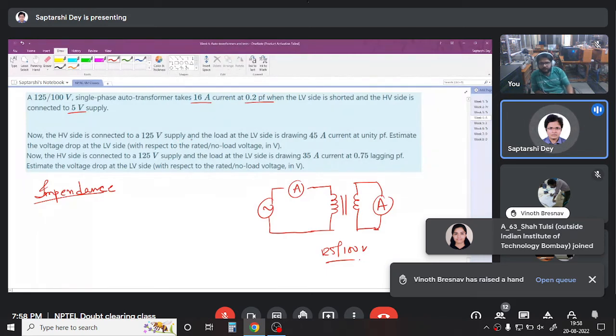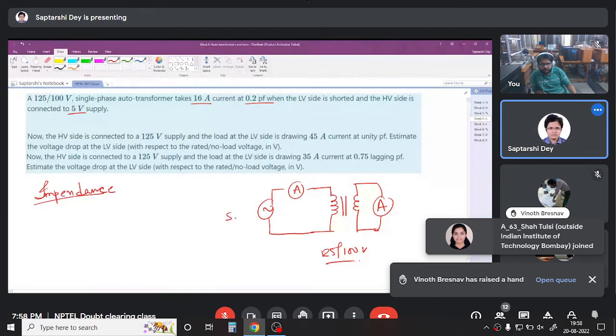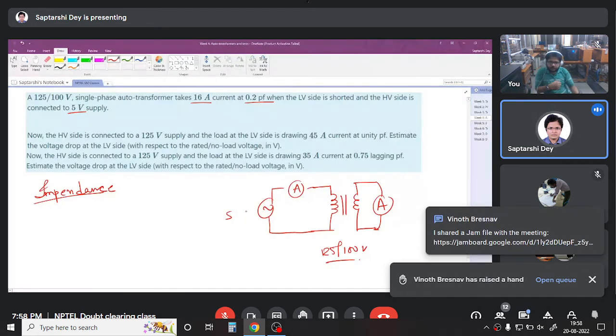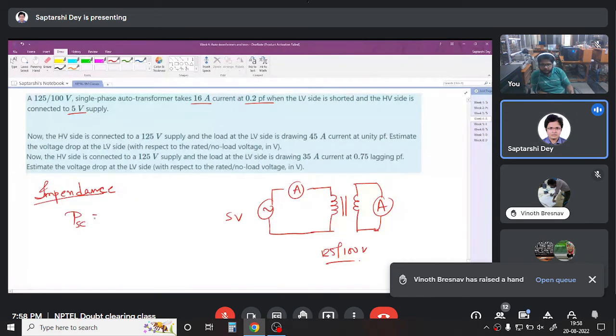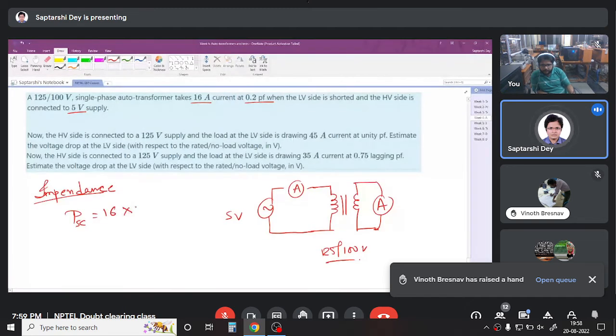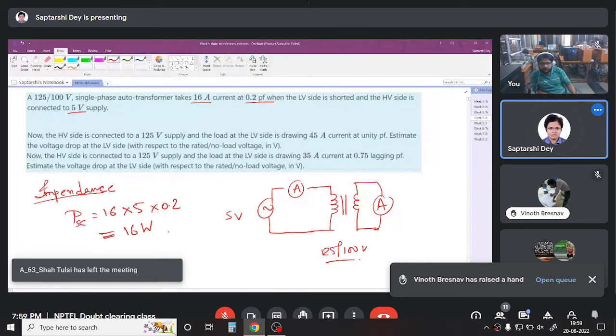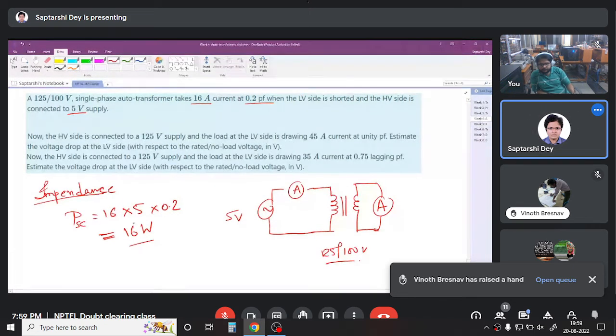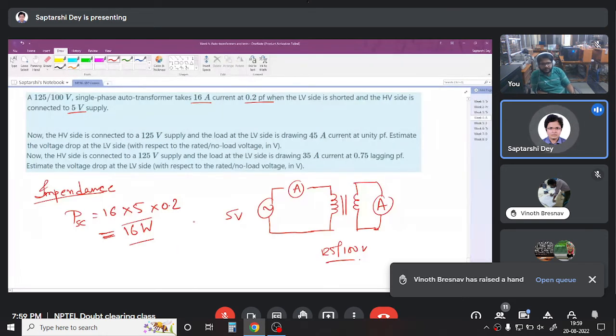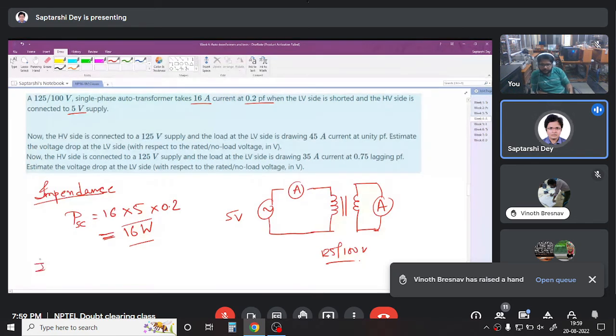So what we have is, from a 5 volt source, we have 16 ampere of current at 0.2 power factor. So what is the short circuit power? The short circuit power is 16 ampere into 5 volt into 0.2, which is 16 watt. So in short circuit test, the transformer is drawing 16 watt. This 16 watt is nothing but the copper loss of the transformer, right? So I squared R